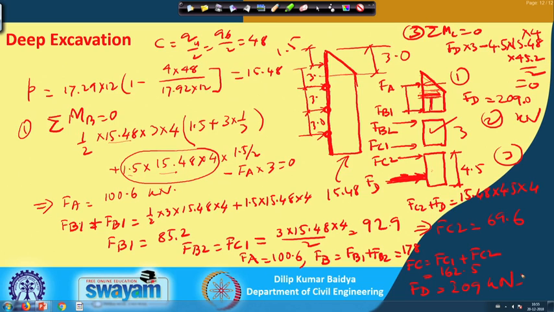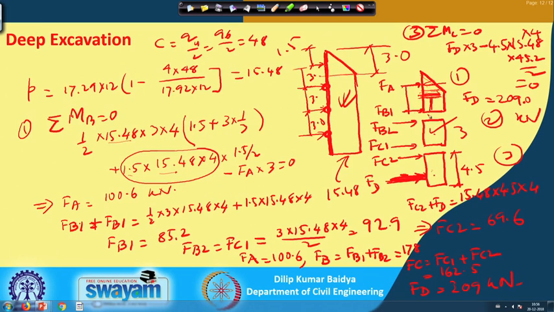So, this is the total, it is very simple actually. Based on the given pressure diagram, based on the given soil type I have to adopt the typical pressure diagram, and based on the start location I can divide into 3 beams like this, beam 1, beam 2, beam 3, and beam 1 has 2 unknowns. So, we can take moment with respect to any one of course, but we can take moment with respect to this one, then we will get F A directly.